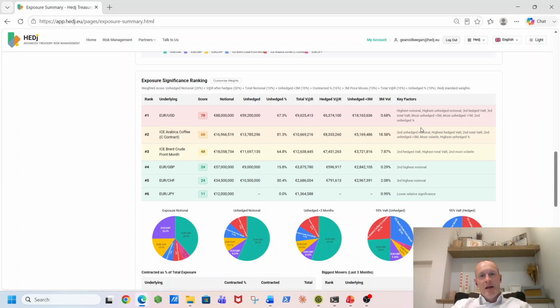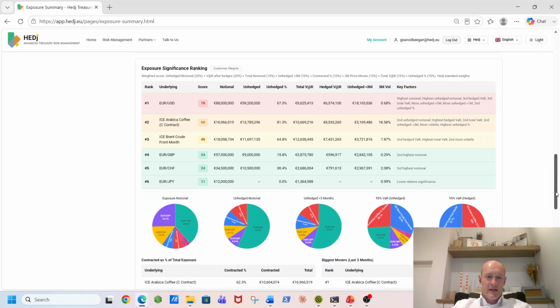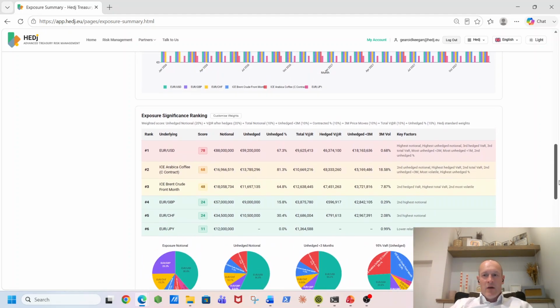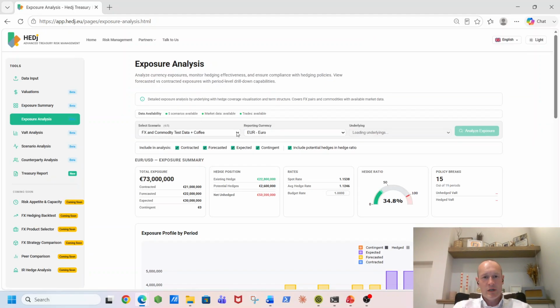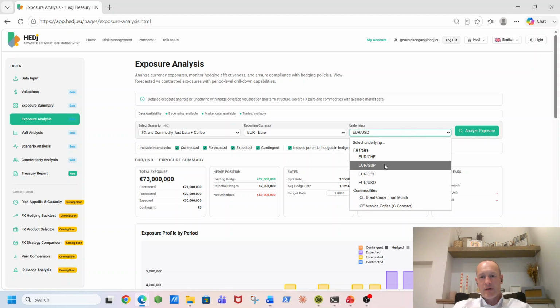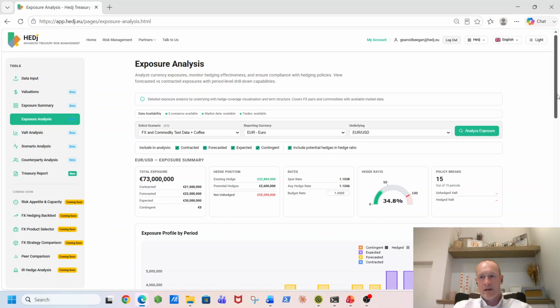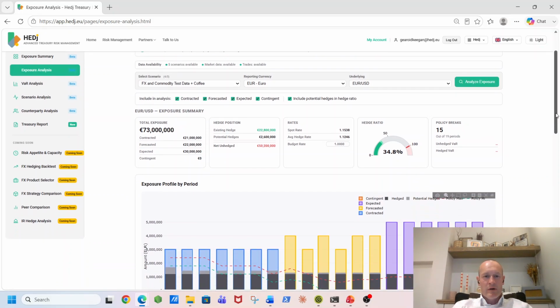And again, if you are a CFO who doesn't have a lot of time to be looking at this, it gives them a quick view to show where they should prioritize their time and attention. And then again, obviously all reportable and easy to automate. And then if you want to dig down into a specific exposure, you have your exposure analysis page. Again, pick your reporting currency, pick any of your exposures, and then that generates a more detailed summary of your